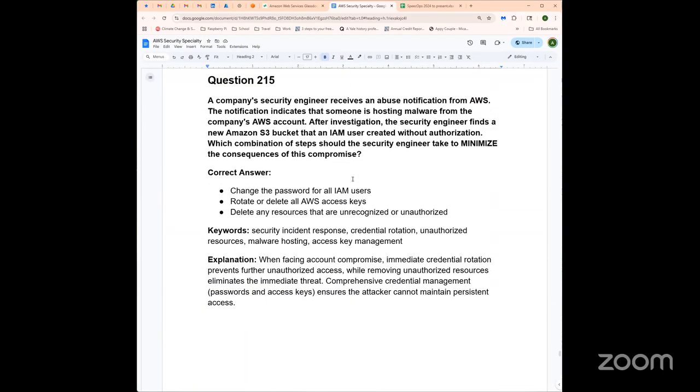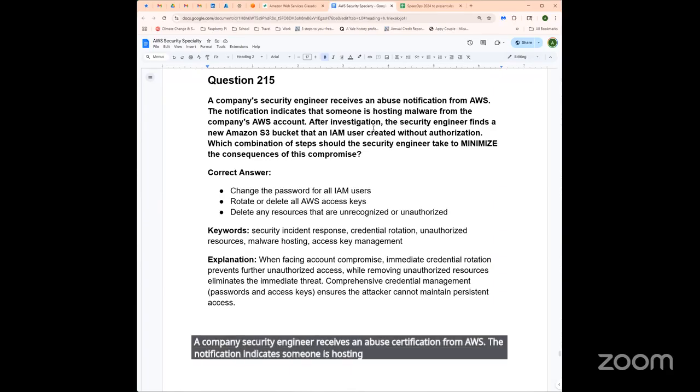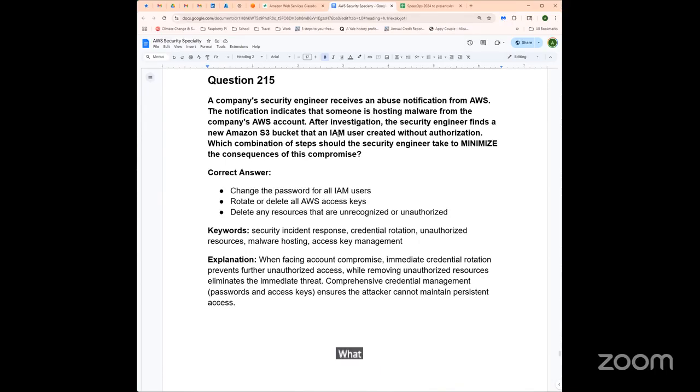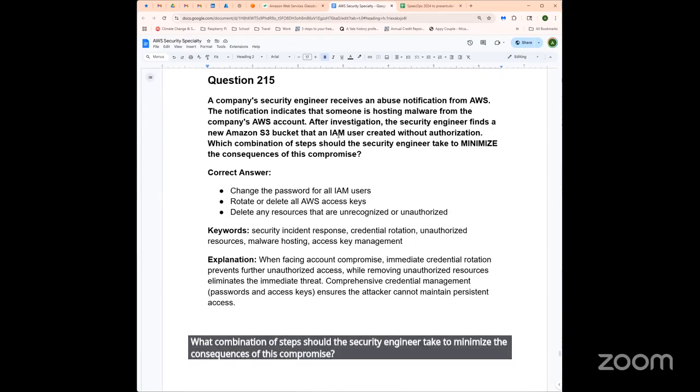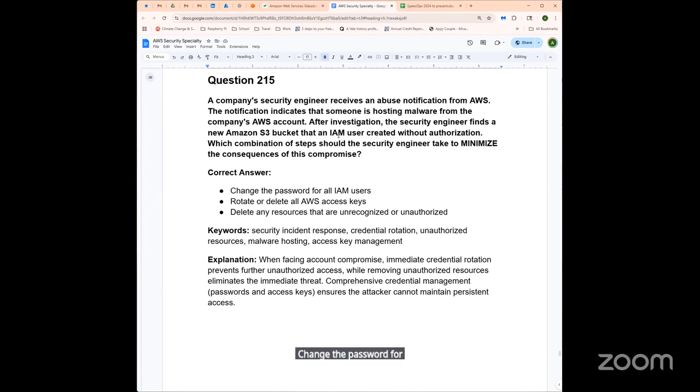A company security engineer receives an abuse notification from AWS. The notification indicates someone is hosting malware from the company's AWS account after investigation. The security engineer finds a new S3 bucket that an IAM user created without authorization. What combination of steps should the security engineer take to minimize the consequences of this compromise? Change the password for all IAM users, rotate or delete all AWS access keys, delete any resources that are unrecognized